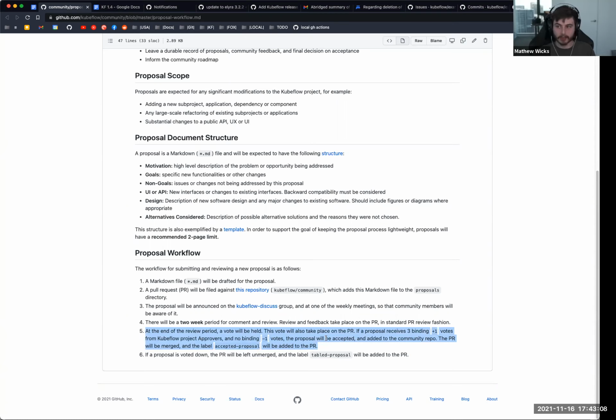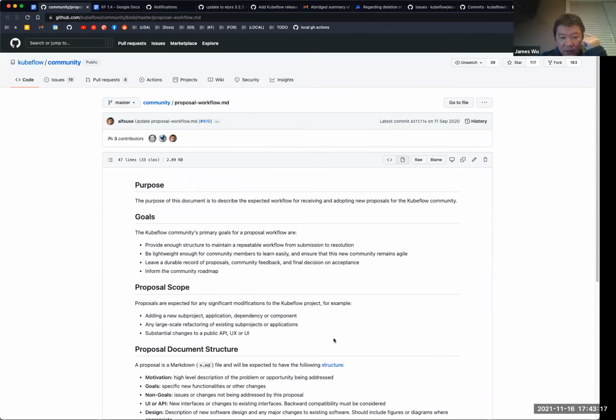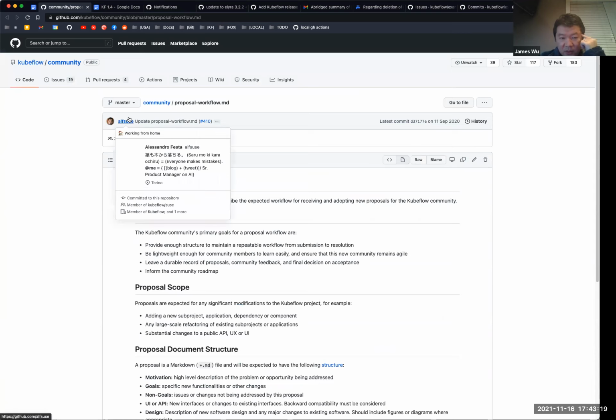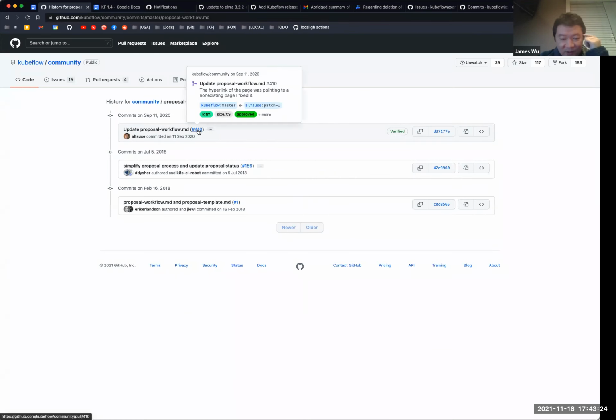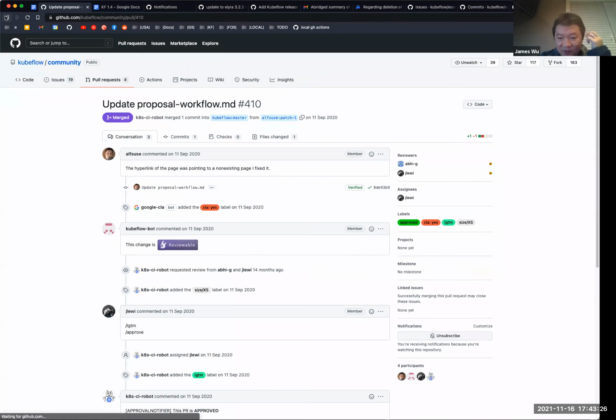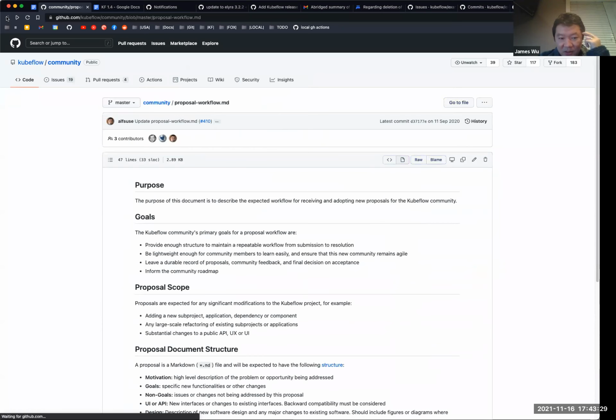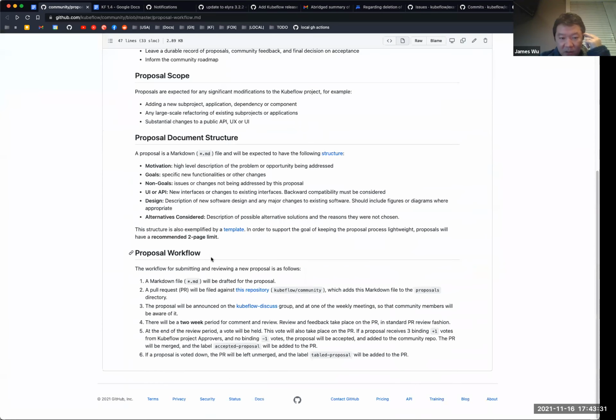It seems like a good approach for an open source project to have this as the proposal framework, and it's been there for a year. It was written in 2018, I think February 2018. So it seems like a lot has changed. I was not in the Kubeflow org in 2018, but it seems like a lot has changed after that. I just think this is a good proposal anyway. If not anything else, we just need to define this piece here. This is the only part which prevents this from working right now.